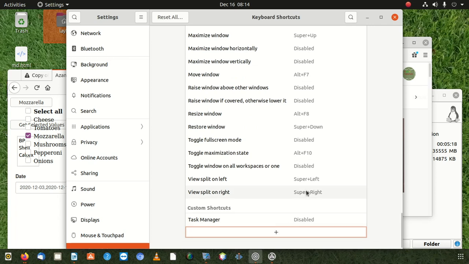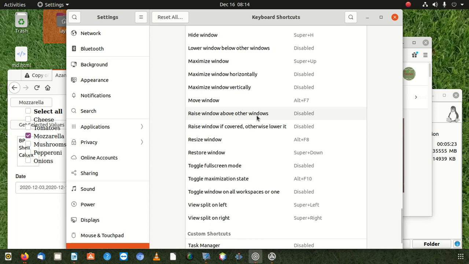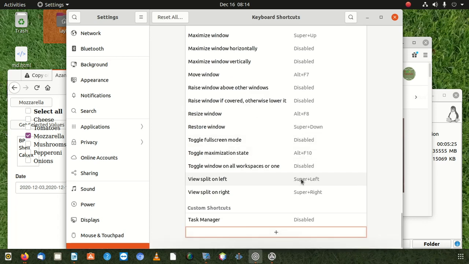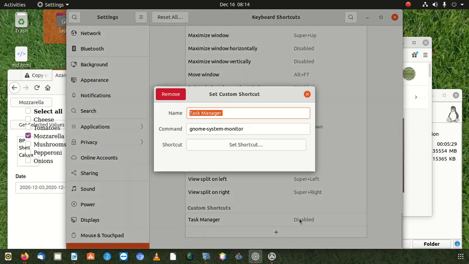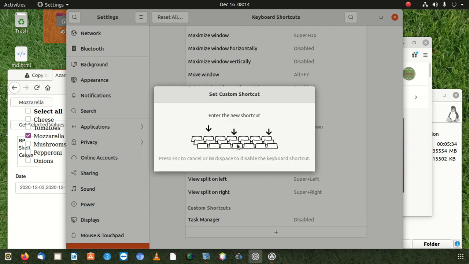Like these ones, all of them have keys. So this one is disabled. You understand? So what do you do? You double click on that, then you say set shortcut keys. Once you click on that, it's going to say you can press